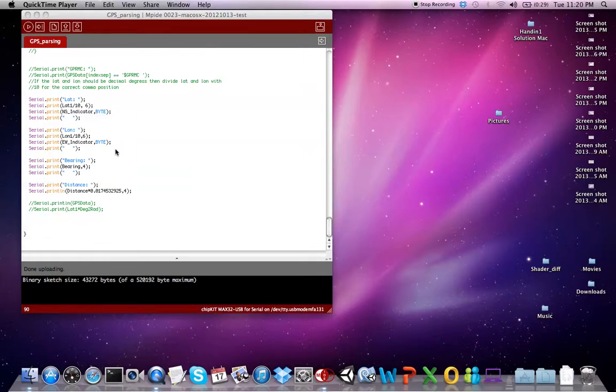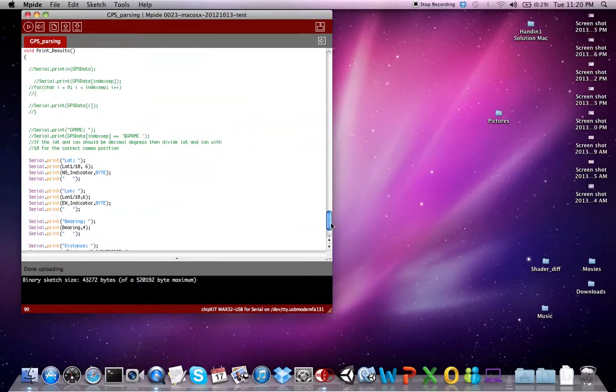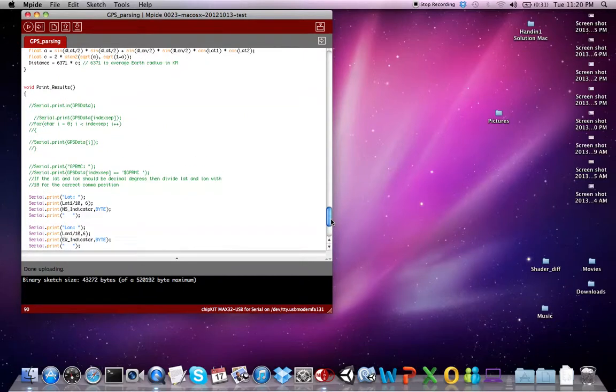We have been using this GPS parsing code to get the data from a GPS receiver that is coming with the Grove System Element Kit. Right now we have a Gluon32 STEM board connected to the computer via USB, and we have a GPS receiver connected to the digital input on the STEM board, the RX/TX, and we are getting the values from the receiver in real time, and I will show you the results from this.